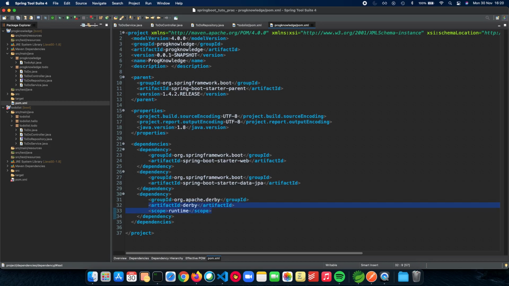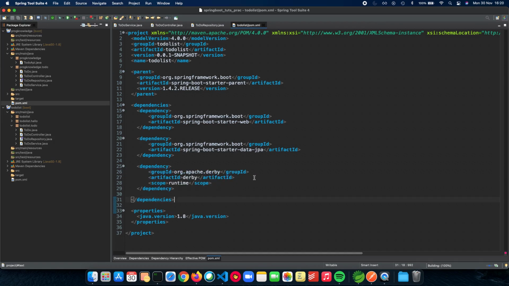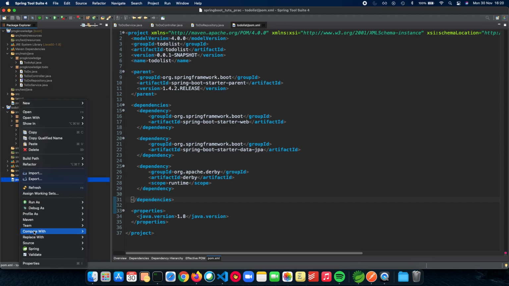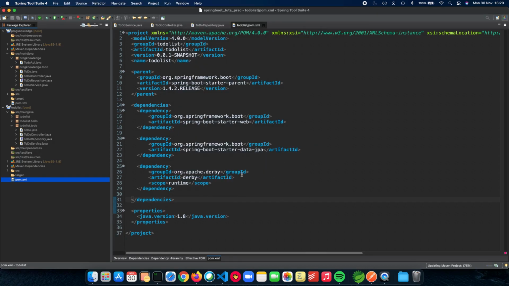And we also have a scope. So let's just copy the entire thing and close this. So here we need this one. Yeah. So these are the two dependencies that we need to add to actually include Spring Boot Data JPA and Derby inside our application. And now that they are here, all you have to do is go to Maven and update project. And okay. So Maven actually gets the dependencies from the server and adds them to your Maven dependencies list, and